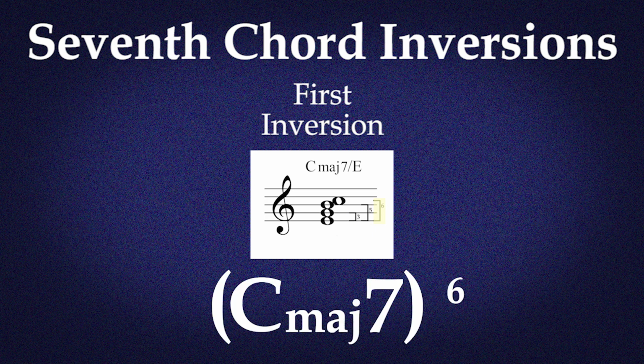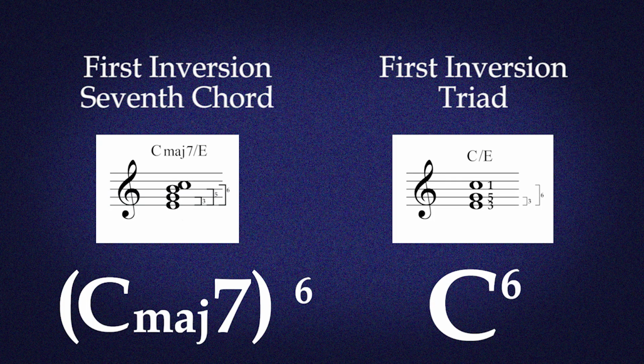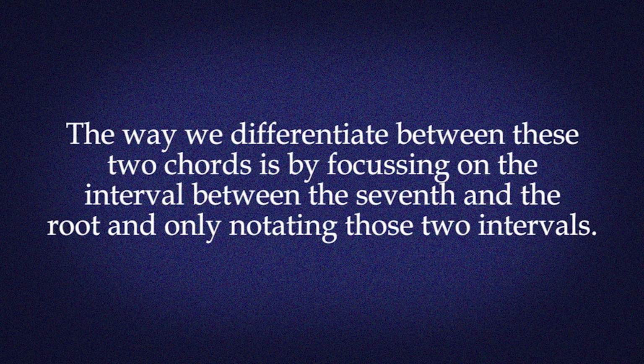However, this is the same notation as a first inversion triad. We need a way to notate this inversion that separates it from the triad, otherwise there would be no way of knowing whether it is indicating the triad or the 7th chord. The way we differentiate it is by focusing more on the interval between the 7th and the root and only